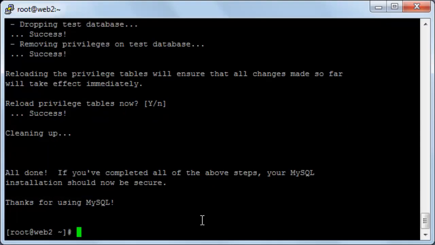And you can see here that you have successfully installed MySQL on your computer or on your Apache web server, and you have